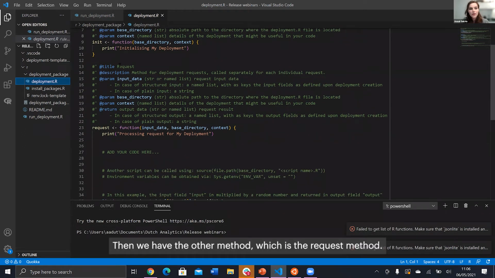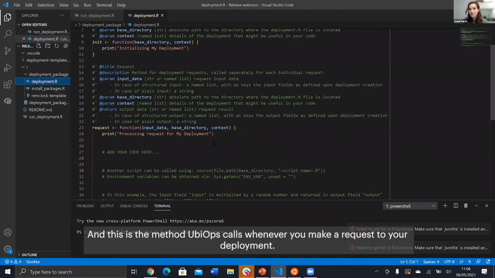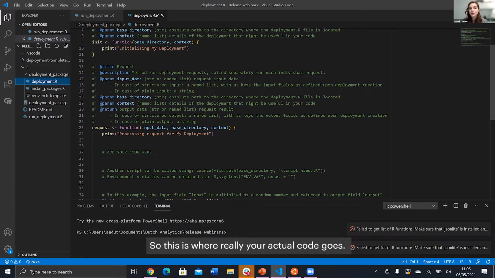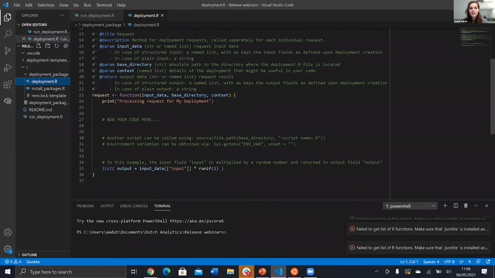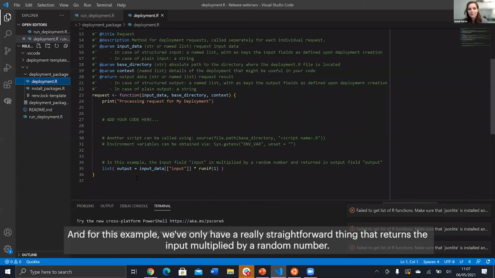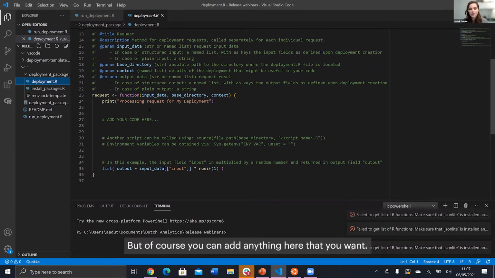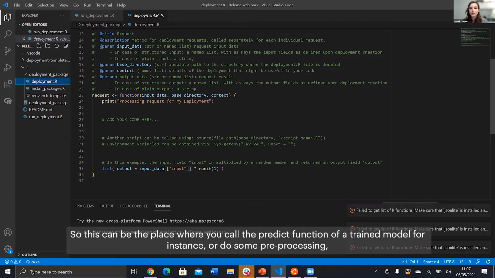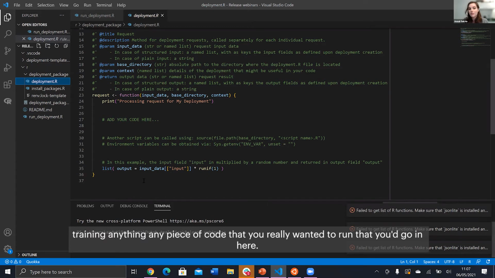Then we have the other method, which is the request method. And this is the method UbiOps actually calls whenever you make a request to your deployment. So this is where really your actual code goes. For this example, we only have a really straightforward thing that returns the input multiplied by a random number. But of course, you can add anything here that you want. So this can be the place where you call the predict function of a trained model, for instance, or do some pre-processing, some training, anything,